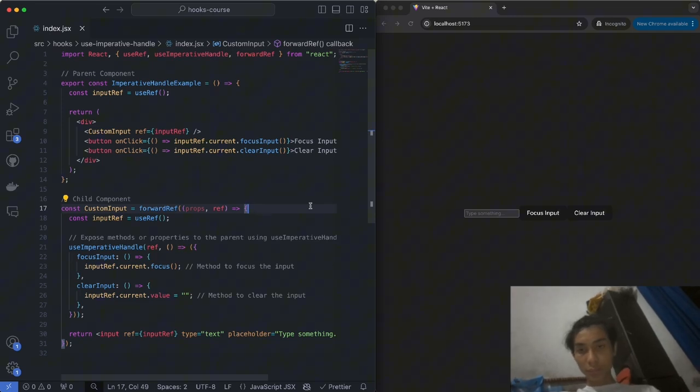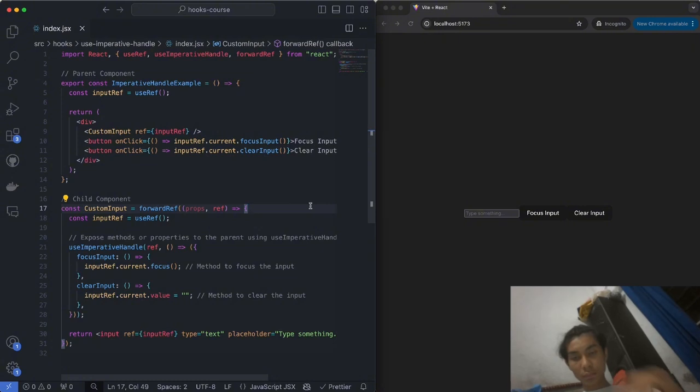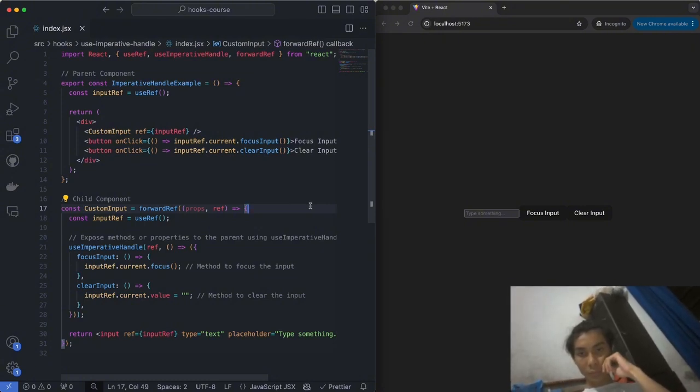Okay, everyone. Now let's talk about the useImperativeHandle hook. It's probably the hook that you'll use the least by far out of all the hooks. If you watch my previous React hooks course, I also mentioned this. And I gave one use case for that, and I believe that's the only use case I ever ran into where I needed to do this,